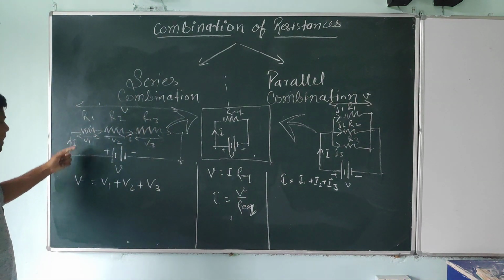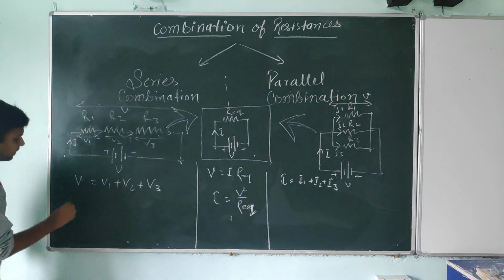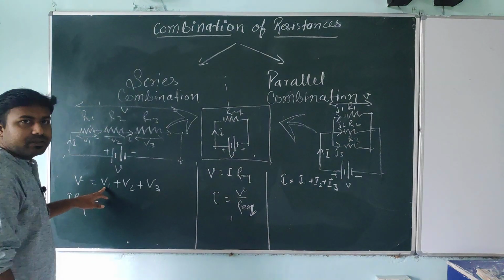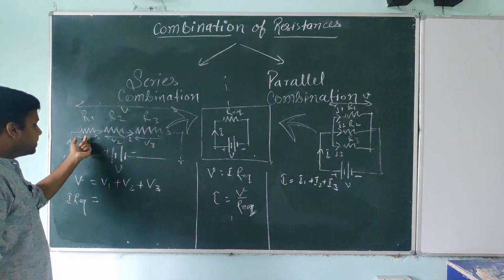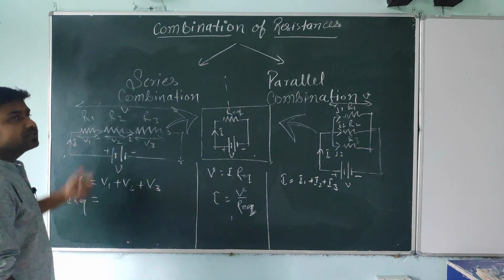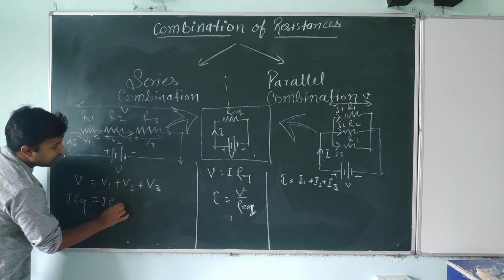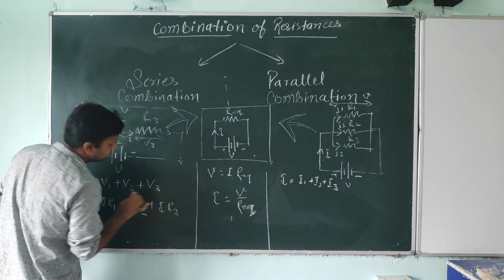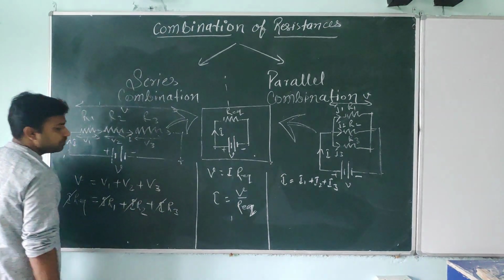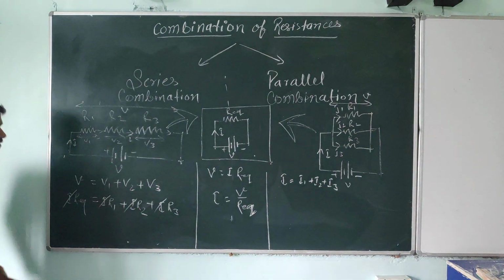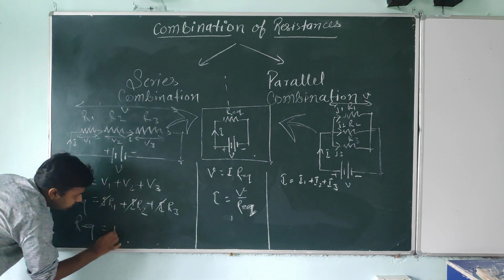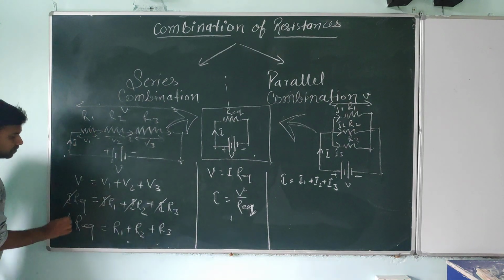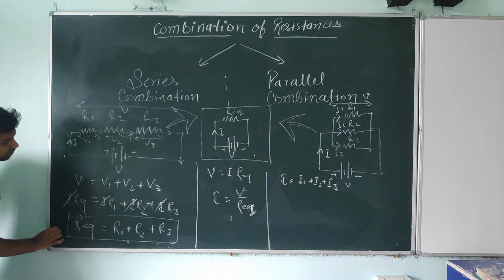Here, students, if you will apply Ohm's law, so from here I am writing the value of V, it's V equals I into R equivalent. Look at this here, V1, current I is passing, so the potential difference across R1 is equal to I into R1. So what we can write, I into R1 plus I into R2 plus I into R3. Now look at this, I will cancel out. If you take I common from this side, it will cancel out. What you will get? R equivalent equals R1 plus R2 plus R3. Is it or not? So this is the formula for series combination of resistance.